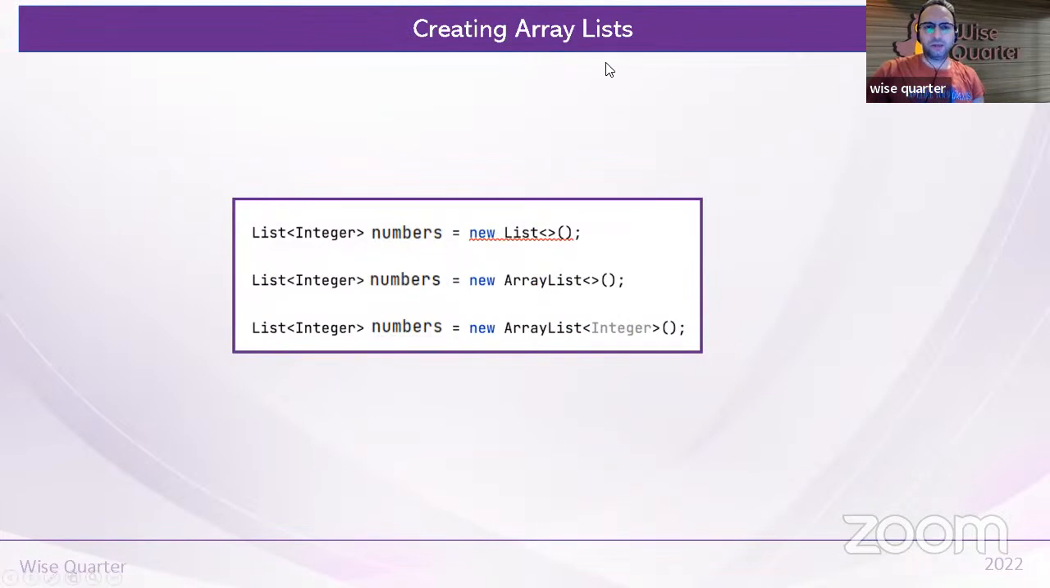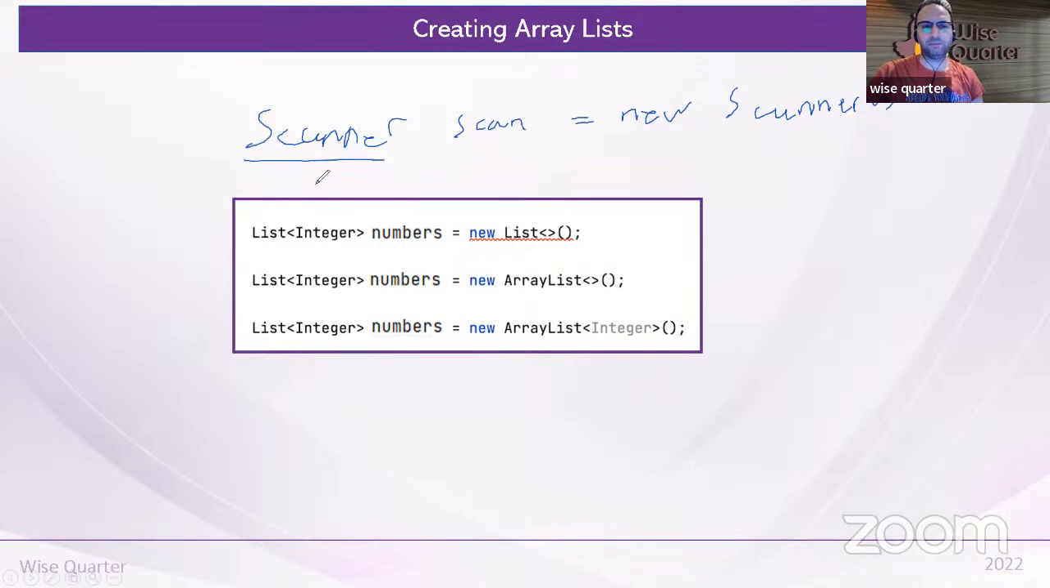And one more thing, I think we should know. When we were creating a scanner object, if you remember, Scanner scan equals new Scanner. And we're writing something in here, but it's not important. The main thing, we were using the class name, object name,